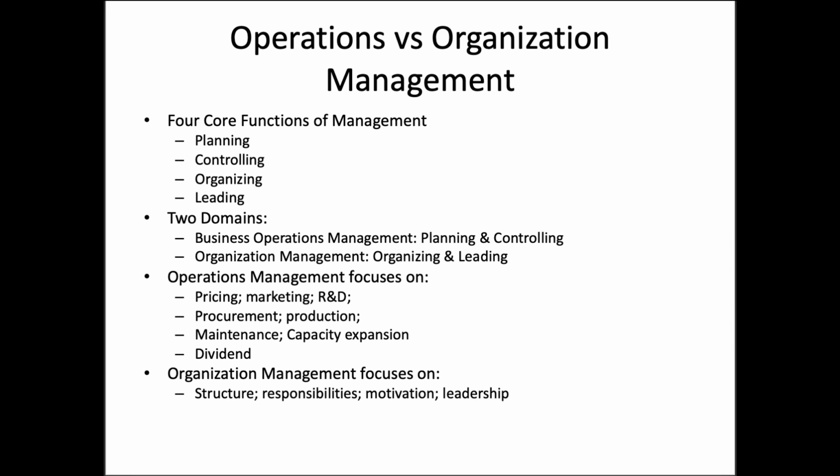The four core managerial functions of planning, controlling, organizing, and leading can be grouped into two broad domains. Operations management primarily concerns planning and controlling, allocating resources into purchasing raw materials, manufacturing the product, marketing the company's brand, improving the product, selling the product, maintaining the efficiency of the production machines, expanding the production capacity, and paying dividends